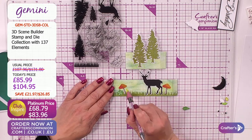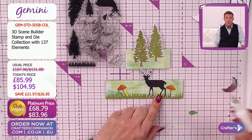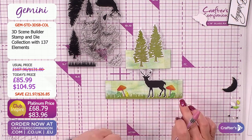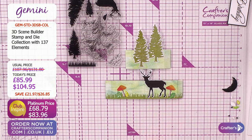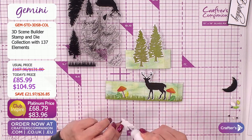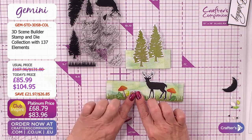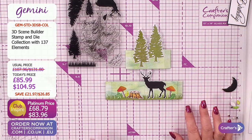Well, Laurie Barnett says this has to be one of the best scene builder sets ever. Yeah, absolutely, in the world. Totally agree with you. When I first saw them, I was blown away with how much there was on this set. I couldn't get over that, Ben. It blew me away, the amount that we were popping on here. Not just with the stamps, but all the dies that we popped in there as well. And that really blew my mind. And then when I saw the design team work, oh my God,